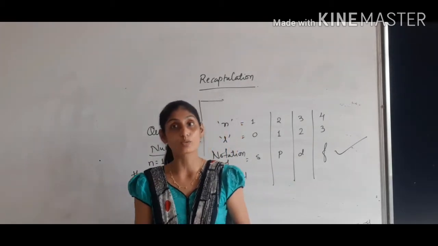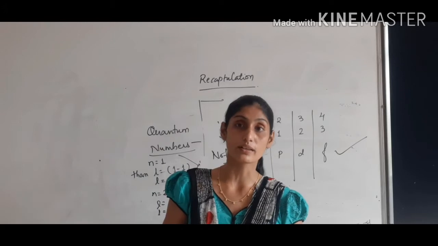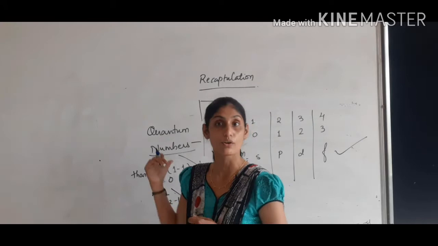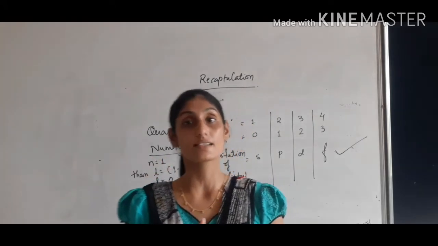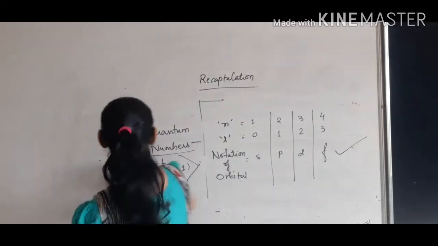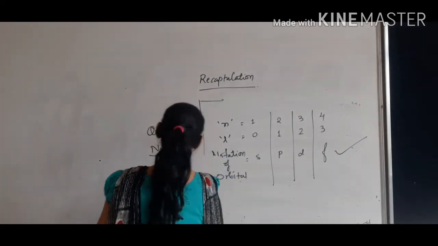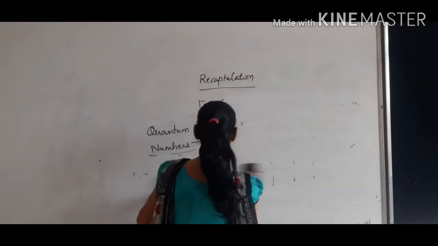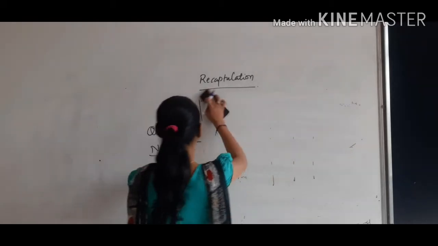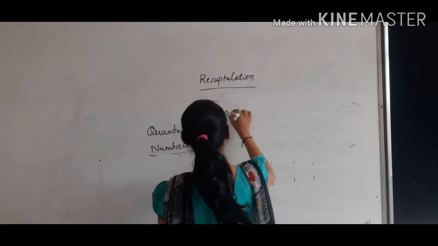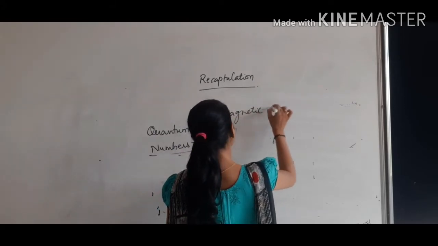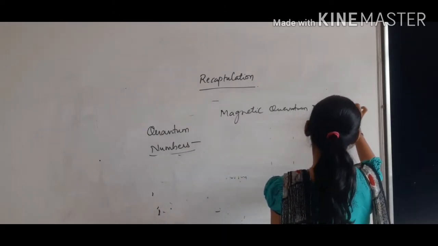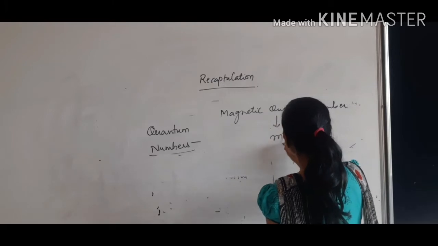Now the next one is the quantum number known as the magnetic quantum number, and it also depends on the value of l. So we can say that it is denoted by ml. So whenever I write ml, you should understand which quantum number it is. It is known as the magnetic quantum number, children. The value of the magnetic quantum number also depends on l, so it is denoted by ml.